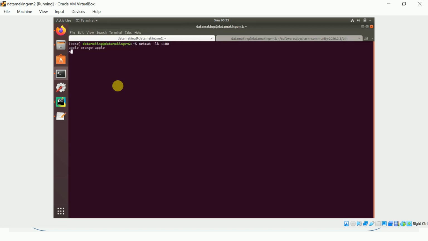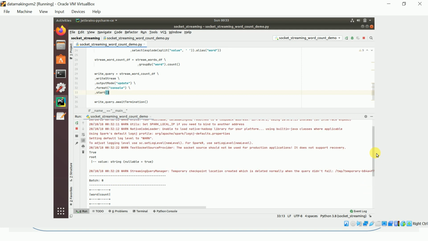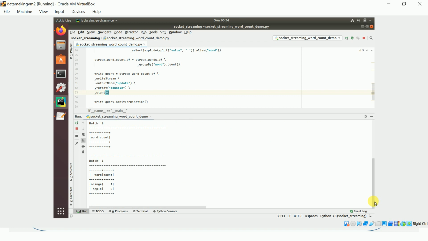Now when I publish mango and apple, what is going to happen is that apple is updated data, and mango is new data. Let's see the output and I'll explain. We have to wait for the result of batch number 2.